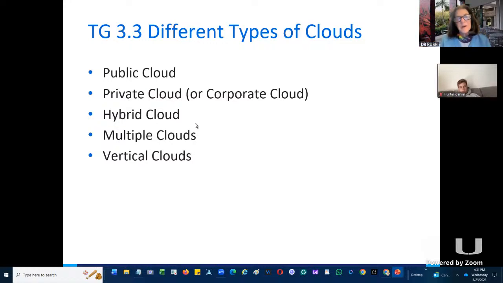So that's a hybrid. I could do multiple clouds. Give me multiple positions. Give me some in Virginia. I don't want the cloud to be based in China. I don't want the cloud to be based in the Middle East. Maybe it's okay. I want East Coast, West Coast. These are multiple clouds. Vertical clouds could be in one industry.